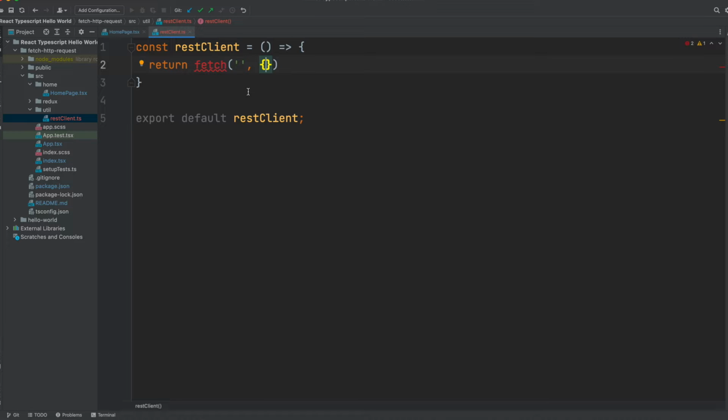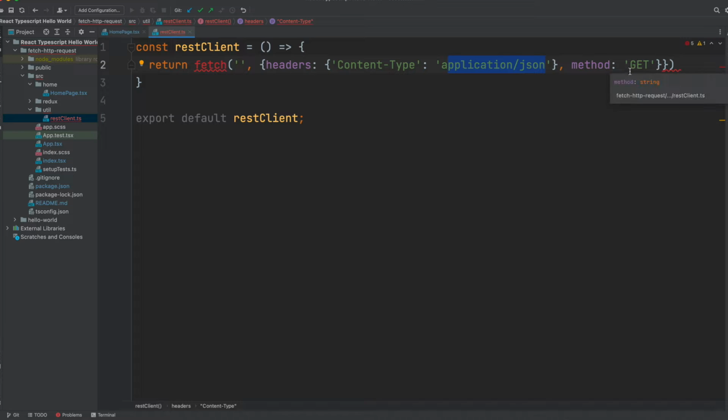We need to tell them if it's a GET method or POST method. So for the purpose of testing, the options that I provide here are these. I add the header, which I would like to get application JSON,